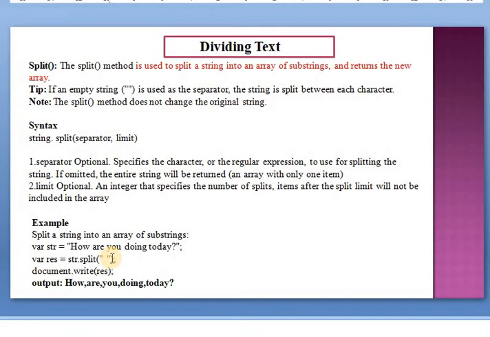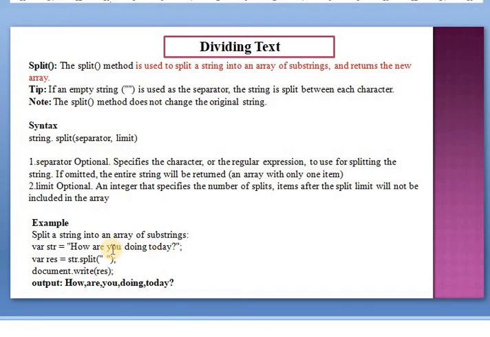Then the string is split between each character. The result of this example is how, are, you, doing, today, separated with commas. This is the example of dividing a text.